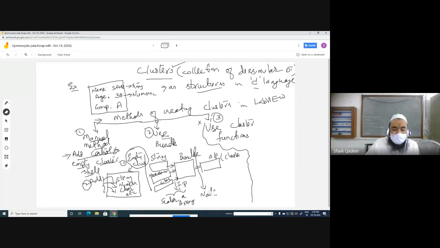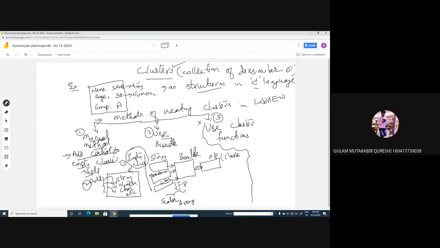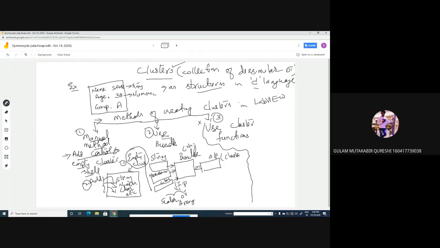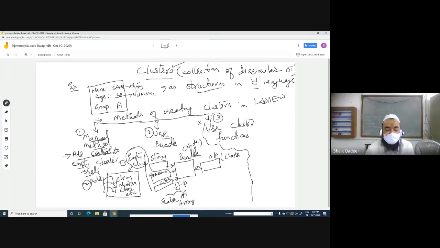What is scalar and what is array? Array means a collection of similar data type. What is scalar then?